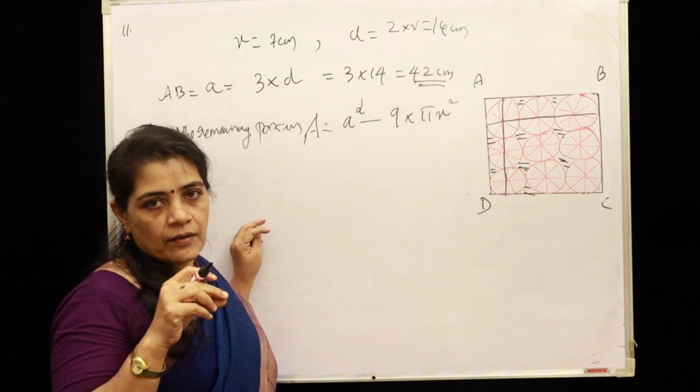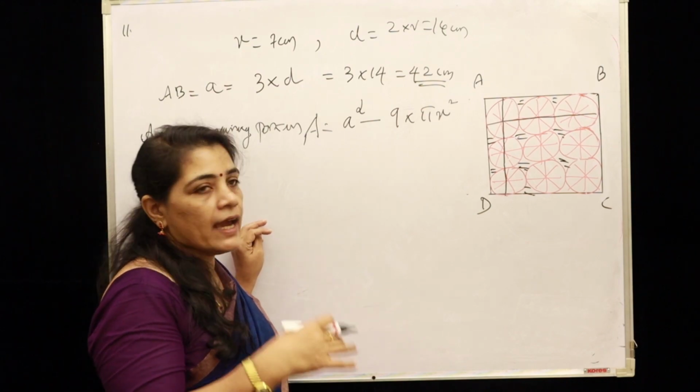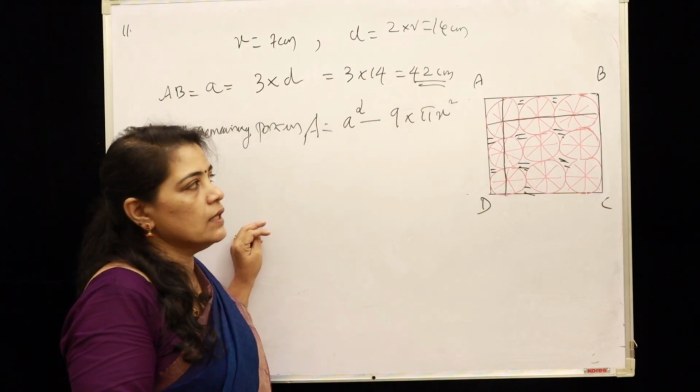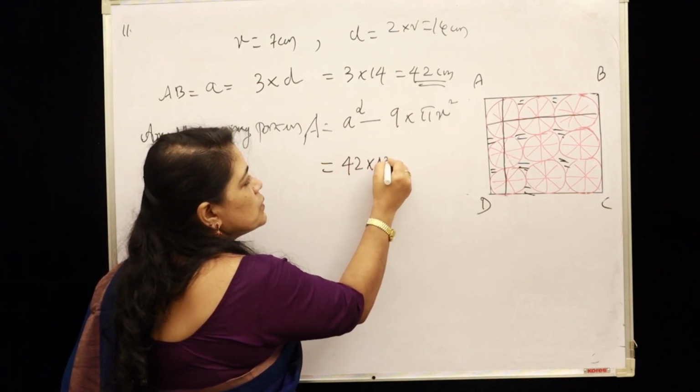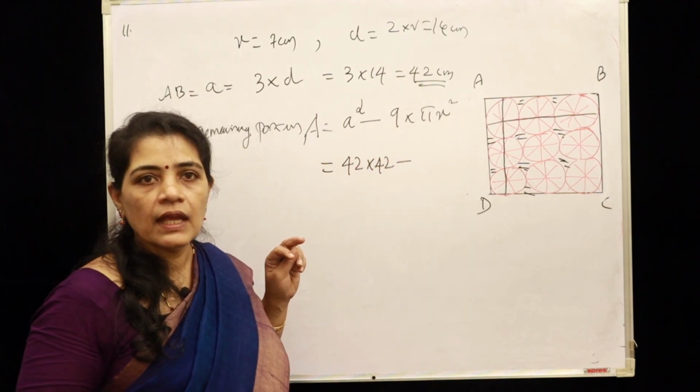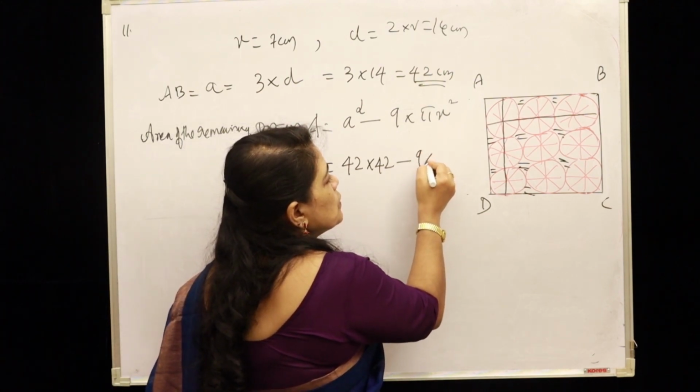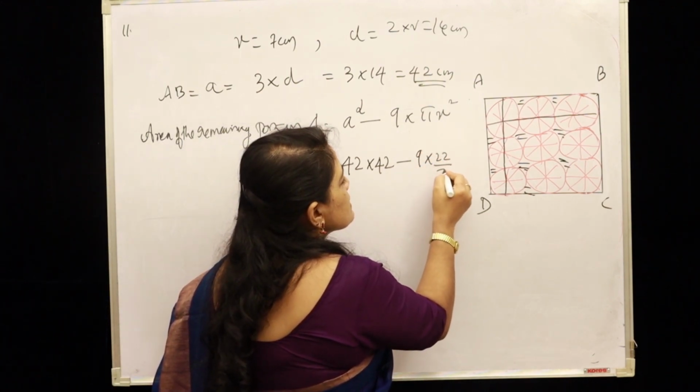That is the design of the handkerchief. So 9 times the area of one circle: 42 into 42 minus 9 into 22 by 7